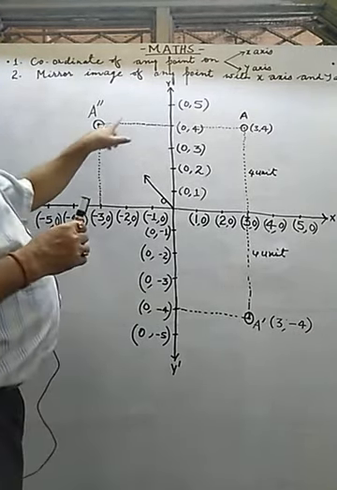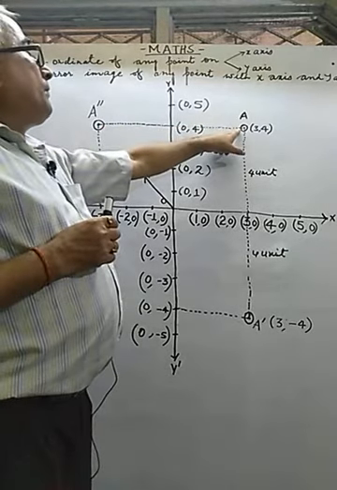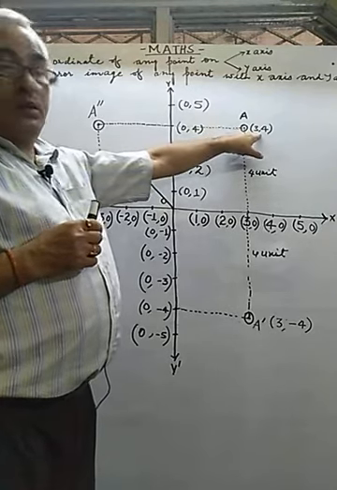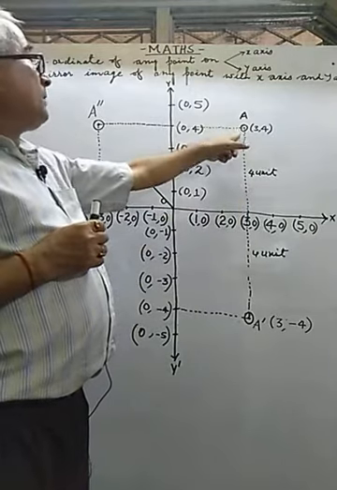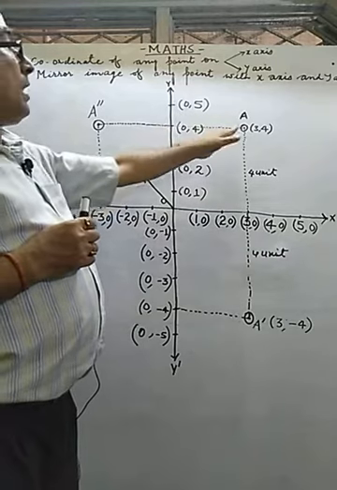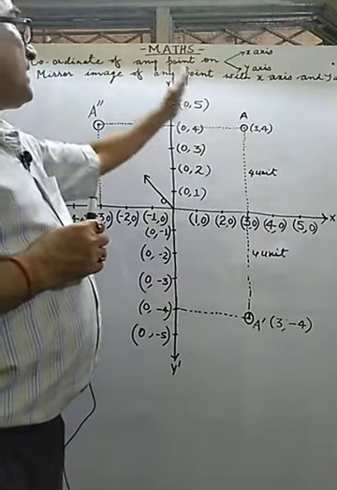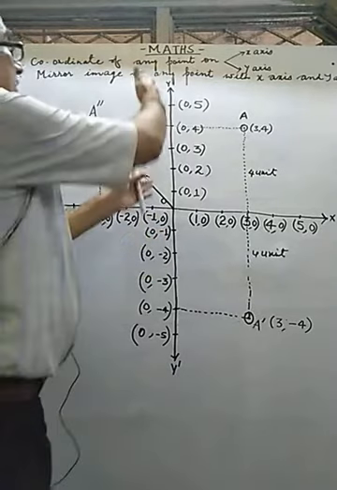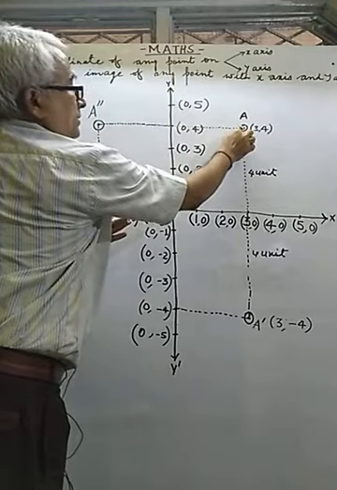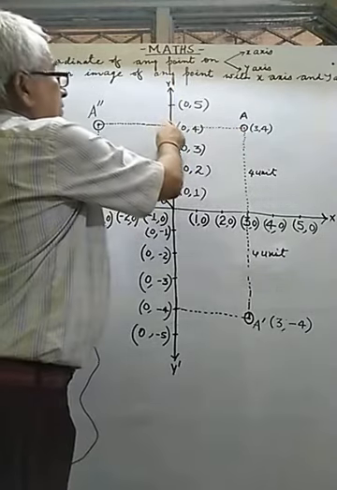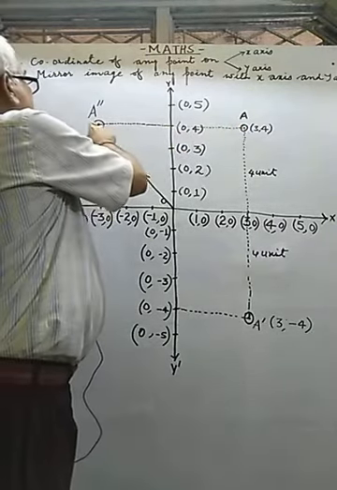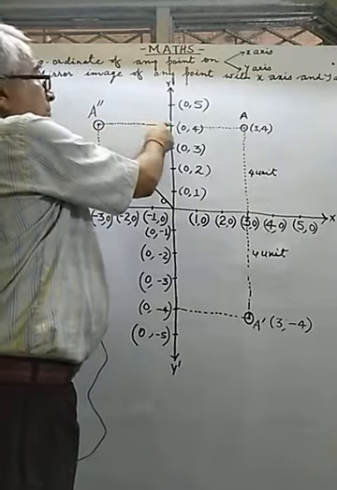Now listen here. Now we have to observe and find out what will be the mirror image of this point (3, 4). This was with respect to the x-axis. Now we will compare and find out the image of this point with respect to which axis? Y-axis. Now this y-axis will behave as a mirror. Suppose this is the mirror, and this one is the object. The distance from the mirror to this point will be the same as the distance of the image of the object from the mirror.